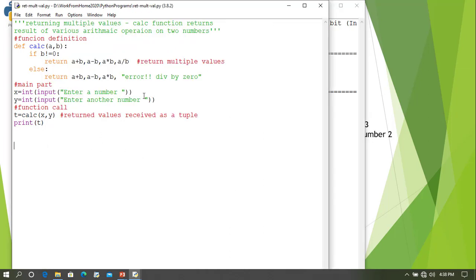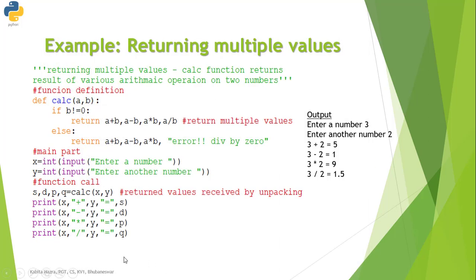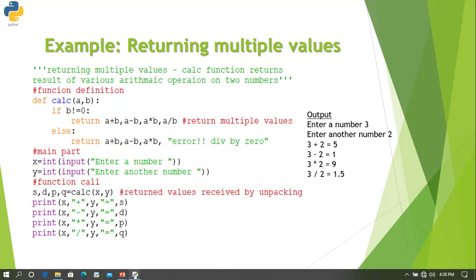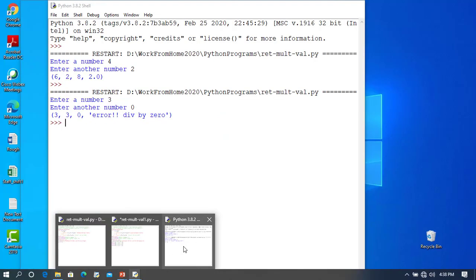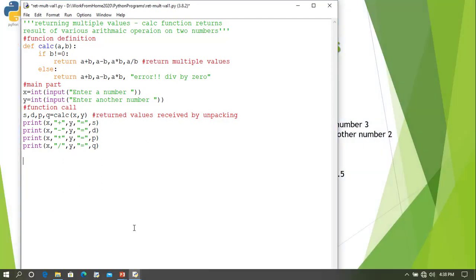Now let us see what will happen if, instead of returning as a tuple, we unpack this. So we'll see the other example. Yes, this one. Now here what we are doing, we are unpacking it.